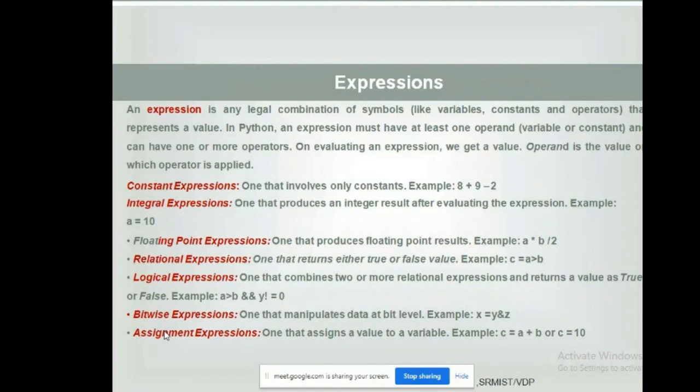The second token we have discussed is constant. The third one is operators. And the fourth one is punctuation symbols. For any expression, there will be some punctuation symbol, like colon or semicolon. There is no semicolon at the end of each statement in Python. But if it is a compound statement, like a for loop or an if statement,